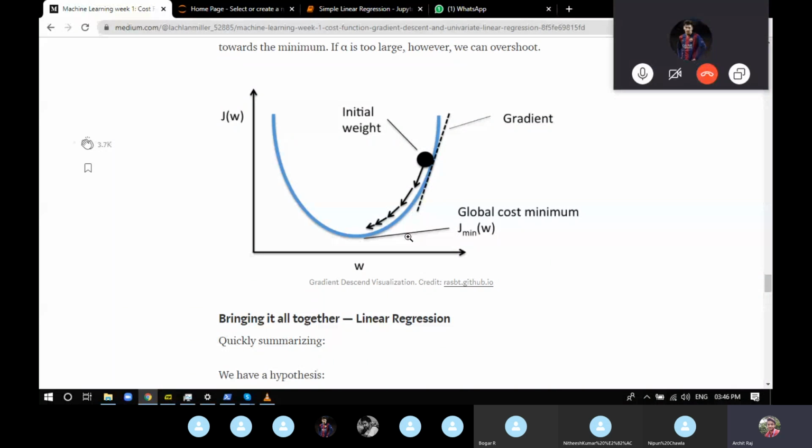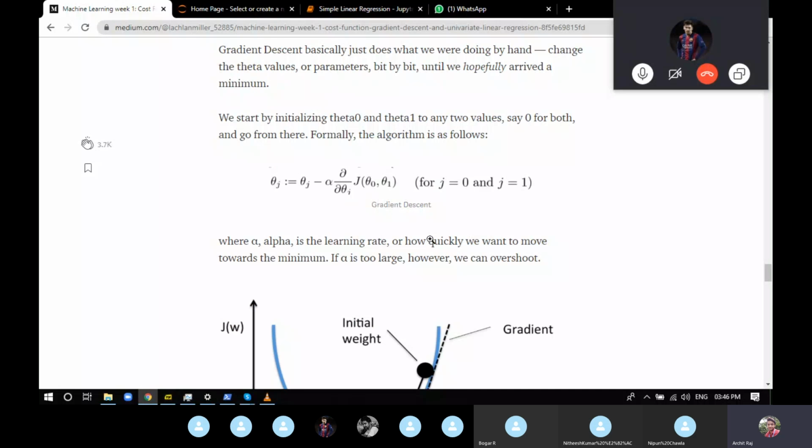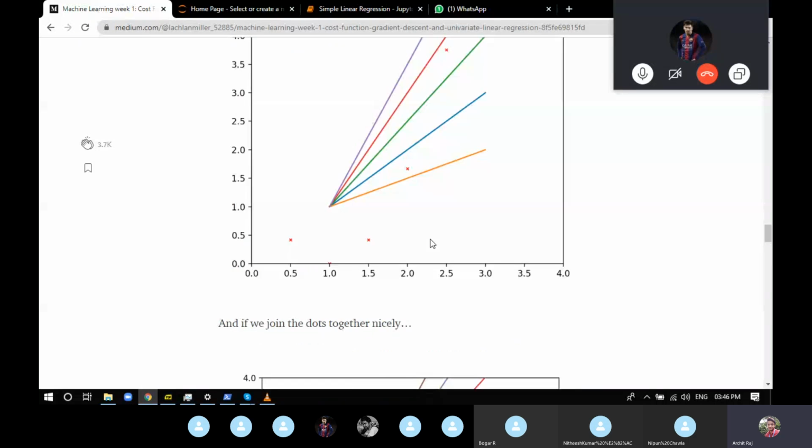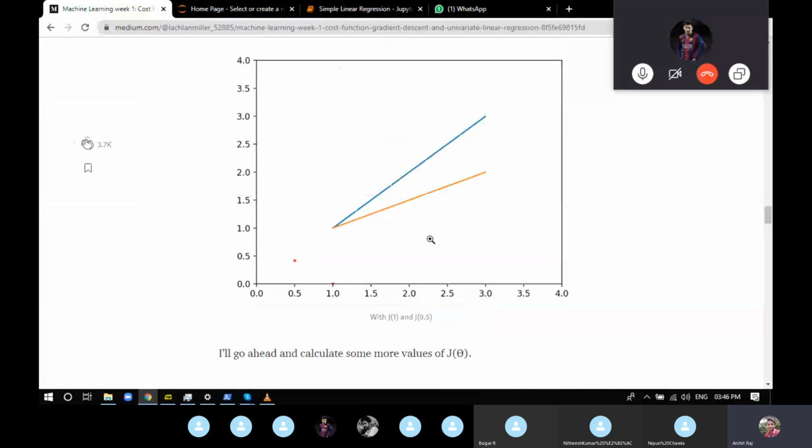So I guess you know what the background of linear regression is. Now we'll go through the code, like how to write the code. Now you'll find some stuff which you have to remember.